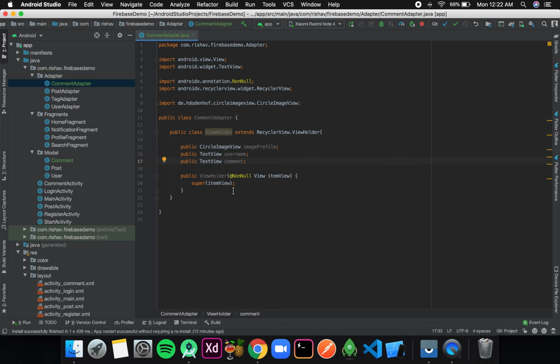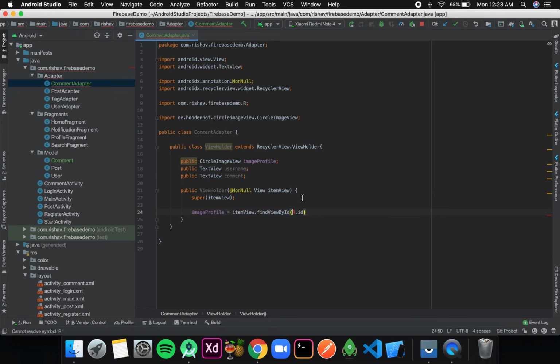Now I'll link them with my XML components in the constructor, and to do so I'll write image profile is equal to itemView.findViewById R.id.image profile.